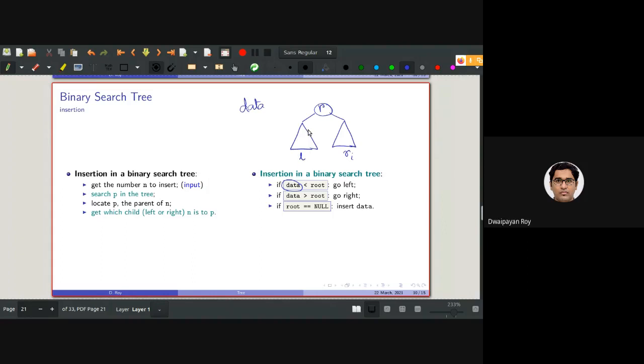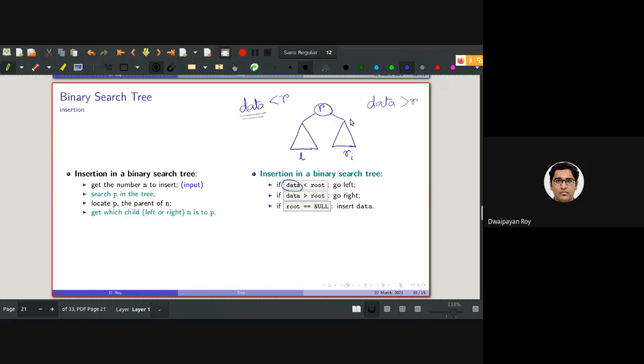Notice what I am saying. If data is less than root, data will be placed somewhere in this left subtree, and if data is greater than root, then it will be placed somewhere in this right subtree. Somewhere. The exact location will be based on the exact comparison as well.